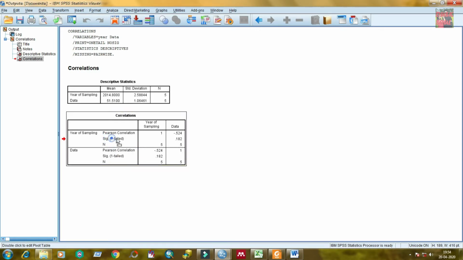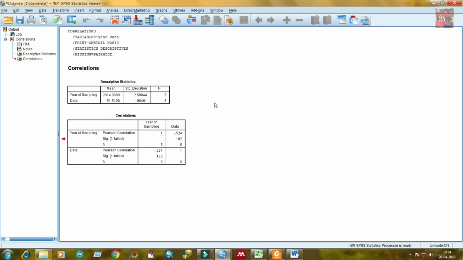On the other hand, you can see the one-tailed significance has been calculated, that is 0.182, and in the same way in the data tab, minus 0.524 and 0.182.